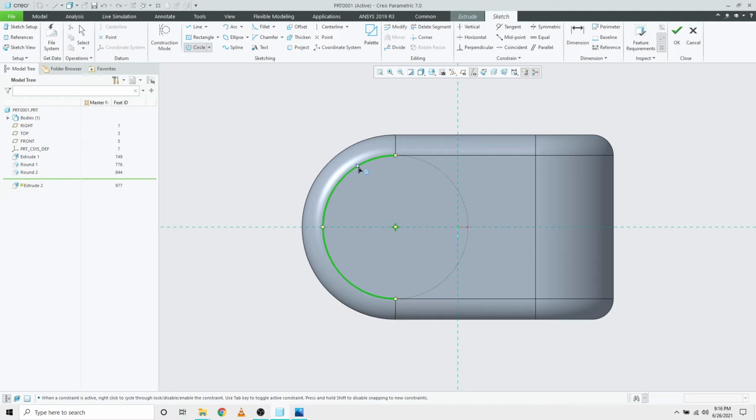you hover your mouse near this already created round feature, you can see yellow highlighted points here, and you can snap into one of those points. Suppose you are an old version Creo user, for example if you are using Creo 3.0 or 2.0, you may not get this highlighted option.